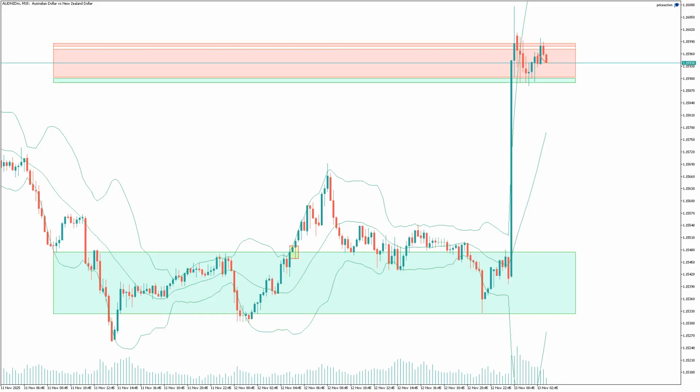In this video, we're focusing on the AUD/NZD, examining both the 15-minute and 1-minute timeframes for upcoming price movements and